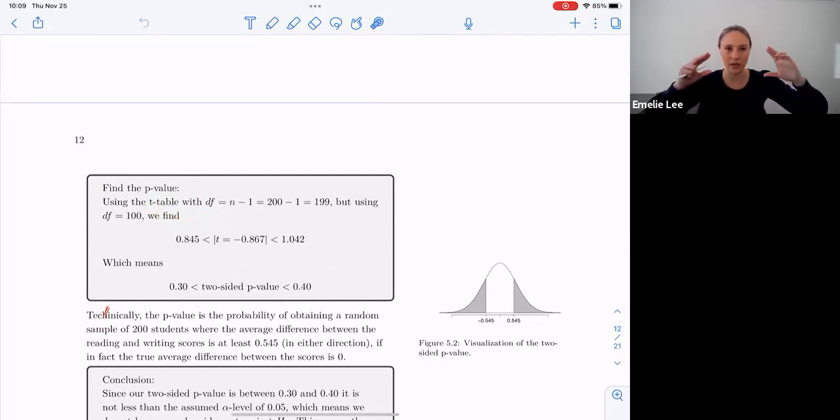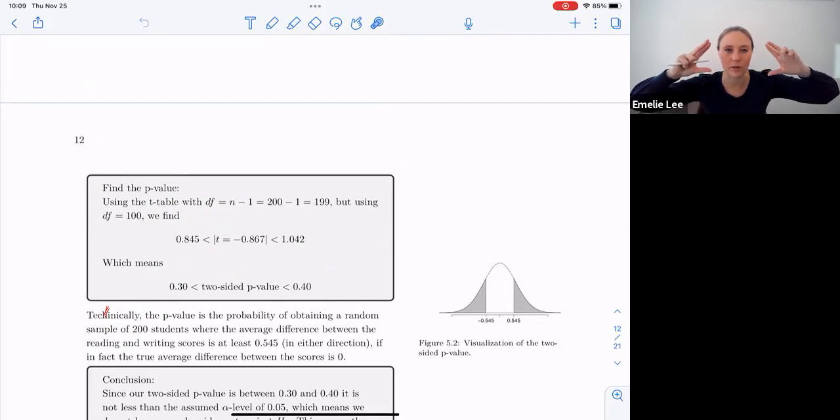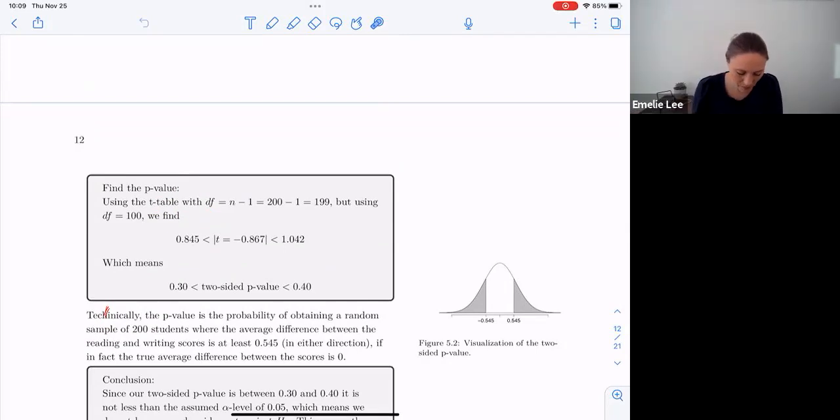I've shown you, and remember, in the boxes is all the work that you would need to show for a written answer. So here we'd have to find our degrees of freedom. We can find the value that our t falls between on our t-table. So you're going to have to play along with these instructions. It doesn't help to just read these and say, oh, okay, I get it, right? You have to look at the t-table, find your 100 degrees of freedom line, and convince yourself that this